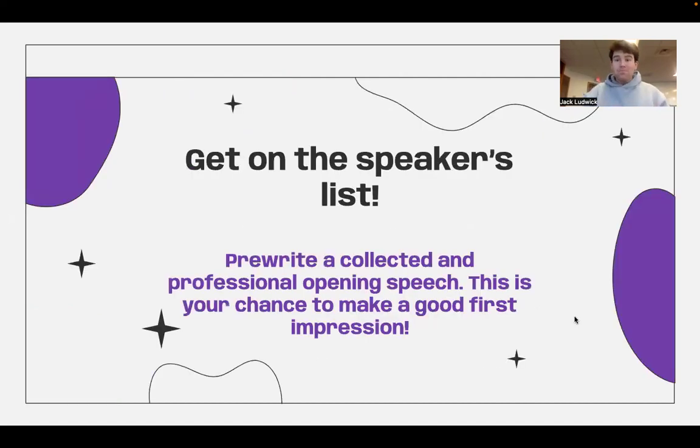All right, and then the first big thing that you can really do to help put yourself out there is to get on the speakers list. After the agenda is set, the speakers list will open, and that is just a list of speakers who would like to speak whenever we fall back to the speakers list. So if there are no points or motions on the floor, you will go back to the speakers list and go from there. And then at the beginning of committee session one, or at the beginning of the next topic, usually around committee session 4 or 5, you'll also reuse the speakers list to have people give their opening speeches